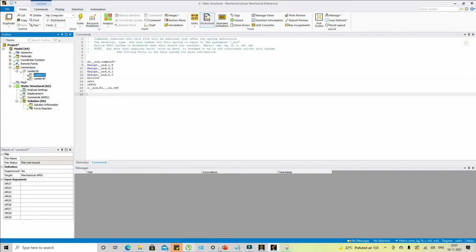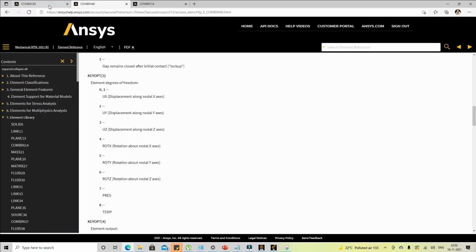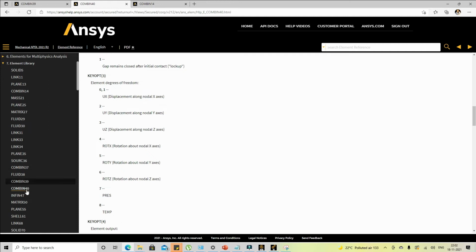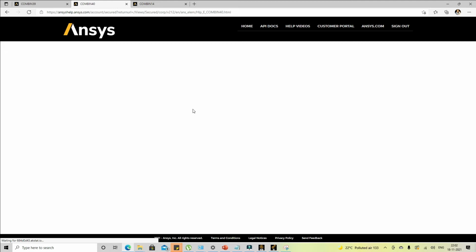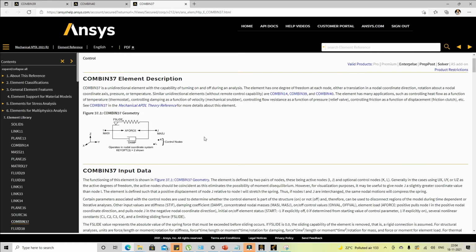The combin 37 element is a little bit unique because it can be activated and deactivated based upon some control variables. But this element is also a unidirectional element, with only 1 degree of freedom, and it operates in the nodal coordinate system.